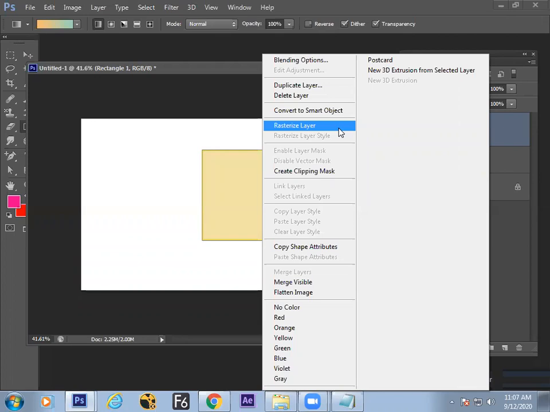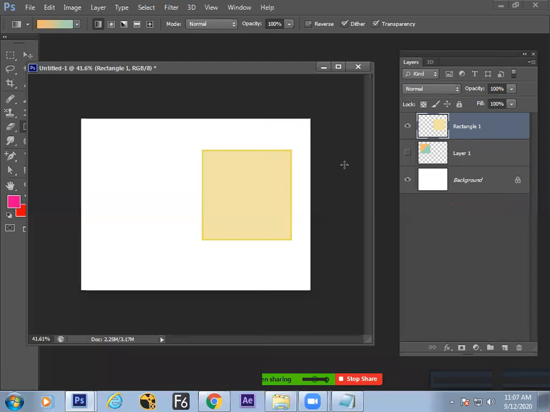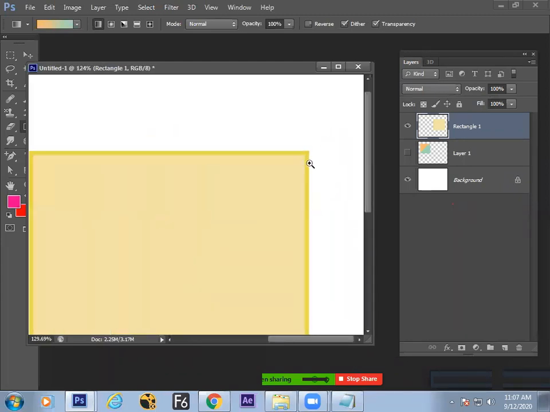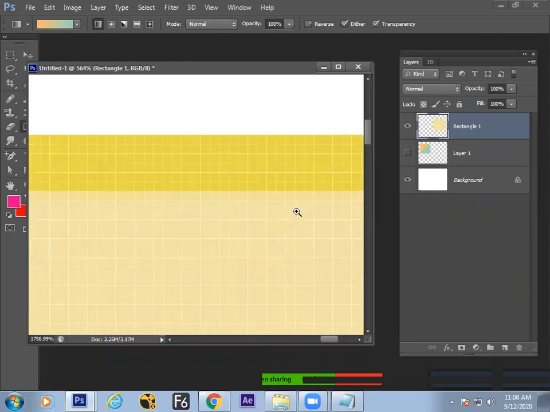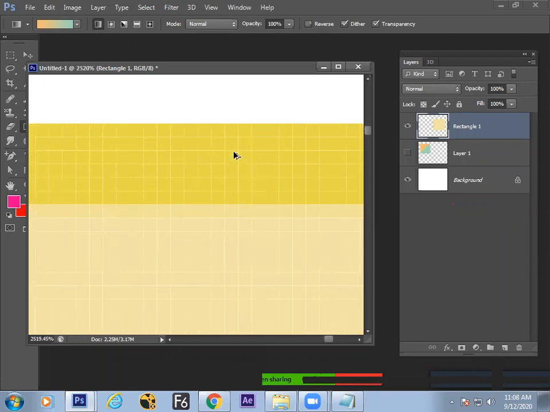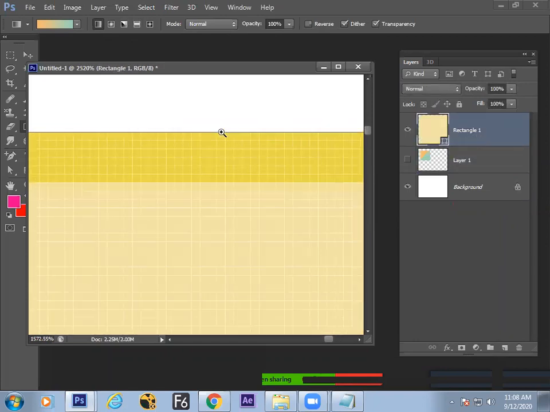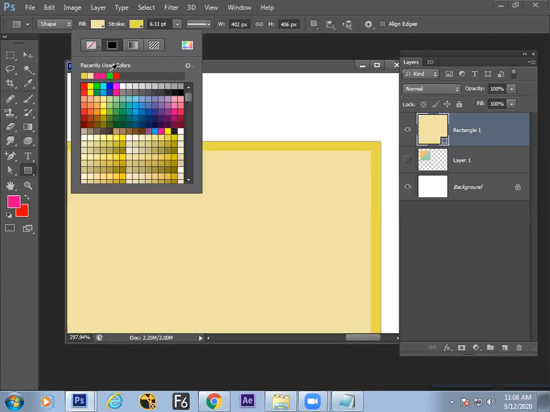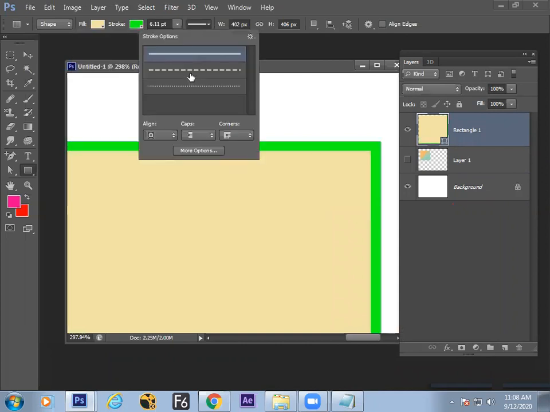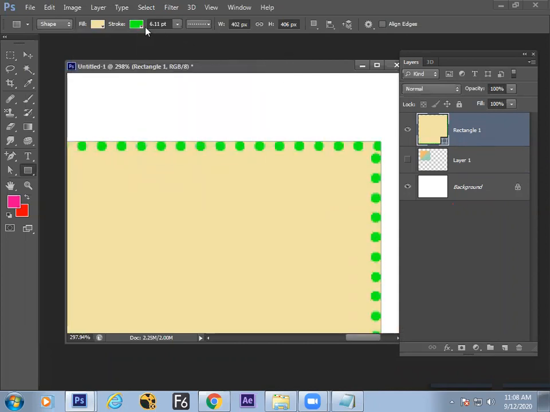So when you complete this action, rasterize layer, what happens? The pixels are fixed, definite. It will become definite. Converted. Then you will lose all the editing options of the path. It will become just like your image, whatever image you are using, like a downloaded image or a photograph. Raster means it is again converting to pixels. There is no path. You see here, this rectangle has a path. I can edit the stroke color. I can edit the stroke dotted lines like this.